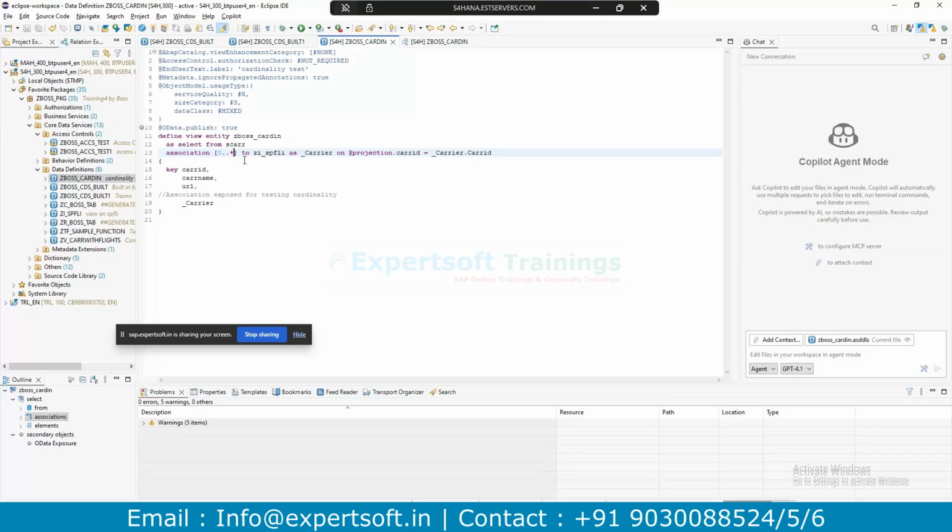So now consider one record, 0 to 1 to star. If we have at least one record, it will show you the 200 status correctly. But if it doesn't match any record, then it will again show you the bad request, because you have given the instruction to the CDS that at least one record is expected. So whenever the CDS view is triggered, the framework expects one record, and if it is not populated from the association, it will throw a bad request error. Clear?